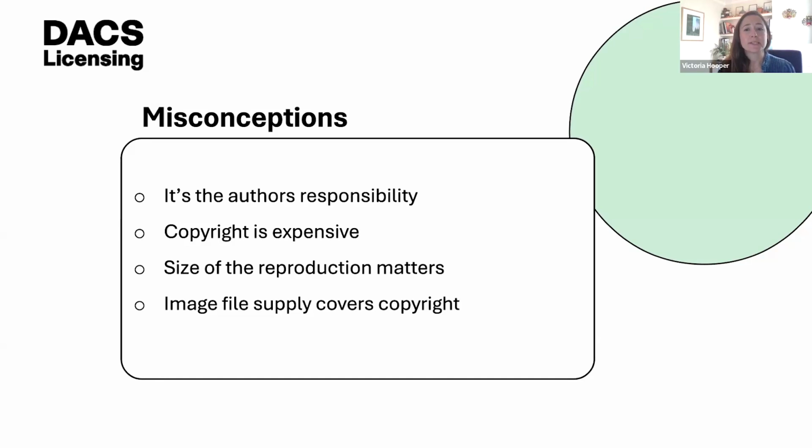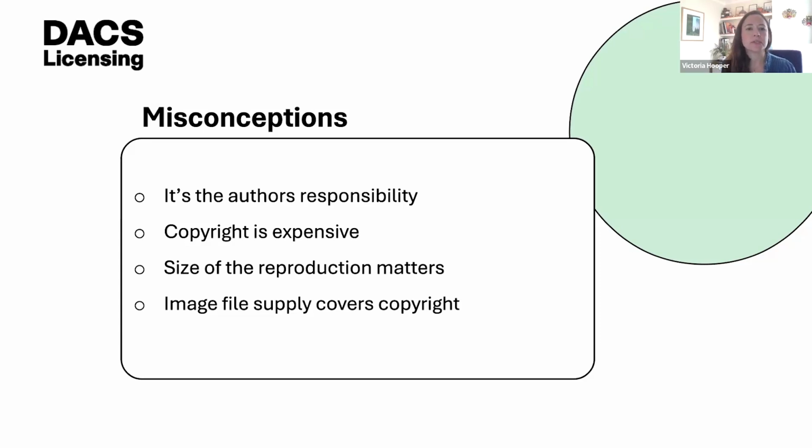A couple more points to note. It really doesn't matter about the size of the reproduction. I know that this isn't necessarily true across the industry, but at DACS, in conversation with our artists, what we found was that our artists were saying, if somebody can reproduce my work at full page, I'd much prefer that than it being reproduced at thumbnail size, so please don't charge a greater fee for that. I simply want my work to be included at the best and highest standard possible. So the size of the reproduction doesn't come into play.